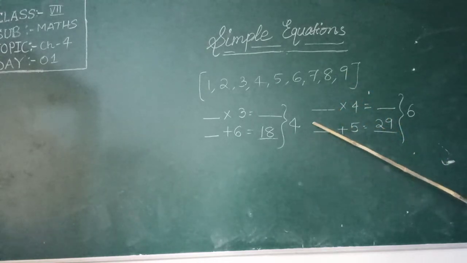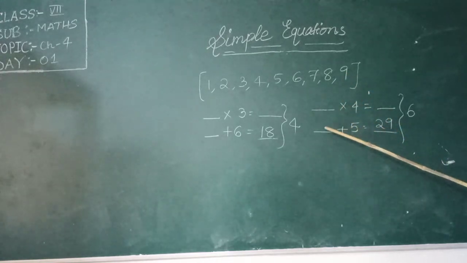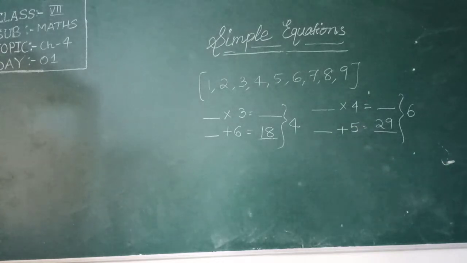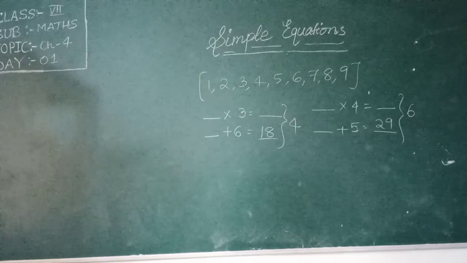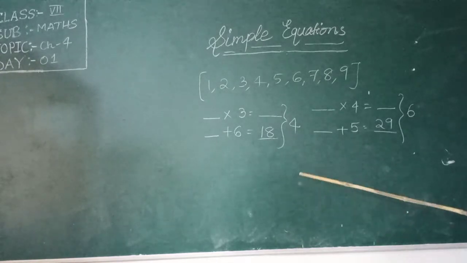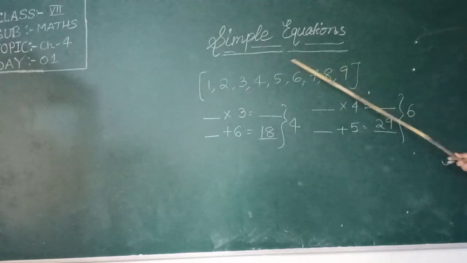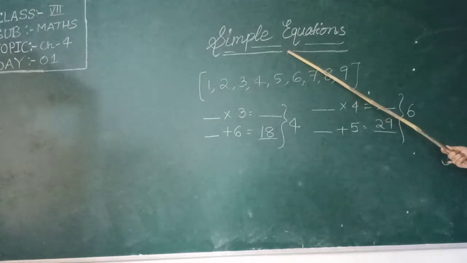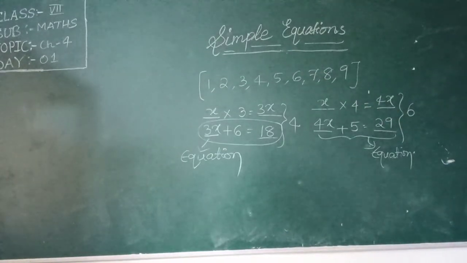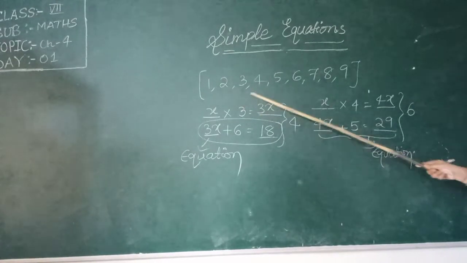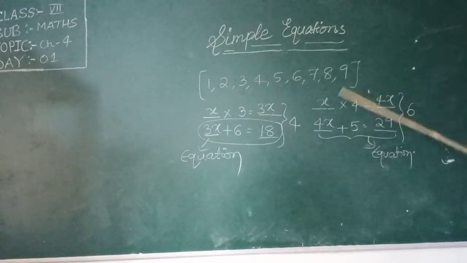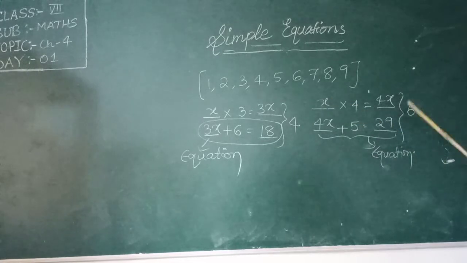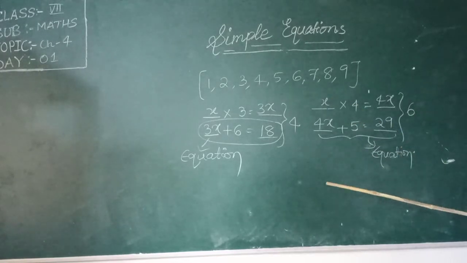You can also play with your friends. I think you have played already. Imagine a number between 1 to 4, add 2, subtract 2, and then say the answer. Like the games we play, you know. So this is all from simple equations. Now I will explain how I told this is 4, this is 6, and how this process happened.